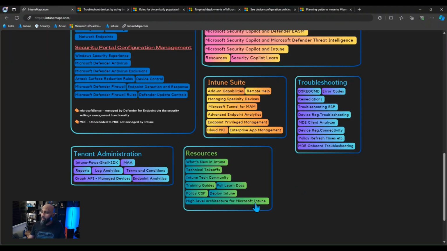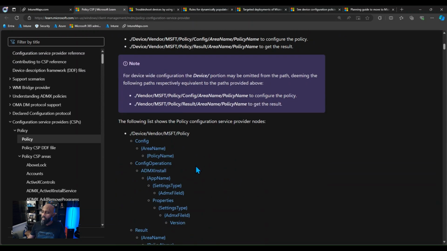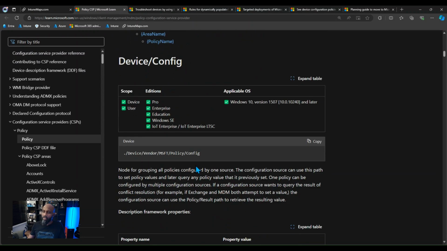And resources as well. So what's new in Intune? It's always good to know what's happening currently and what they have done in this month, or what's coming up and things like that. So I thought maybe I'll add that one. Training guides, if you're interested in training, what the policy CSP means. Example, it just goes through the policy CSPs, how to create them, and what sort of CSPs they've got